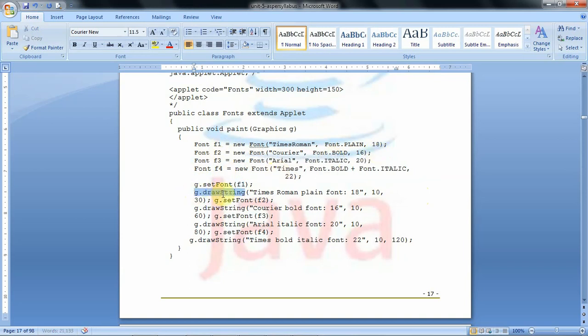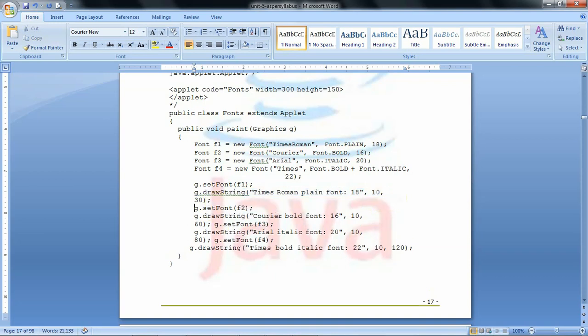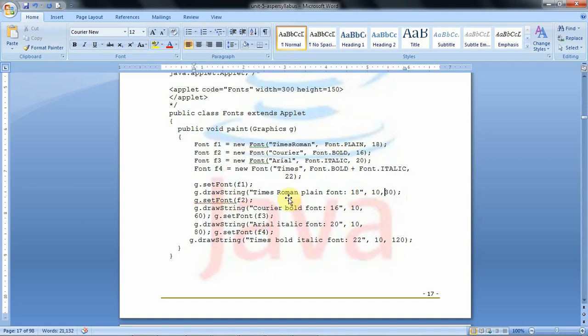Then we draw some string by using g.drawString at the position 10, 30. What is the message? We print Times New Roman plain font, then the value 18. So this is the message we want to print.